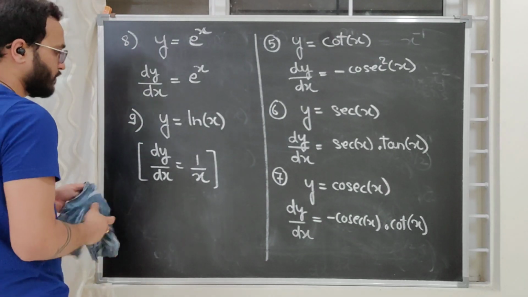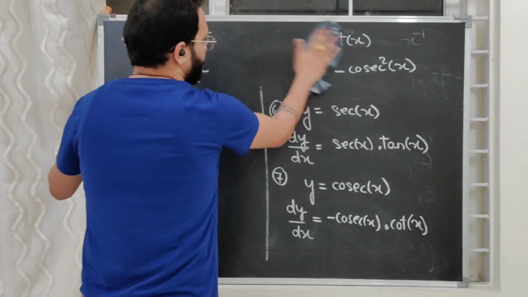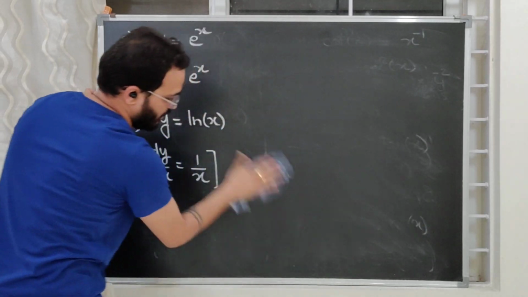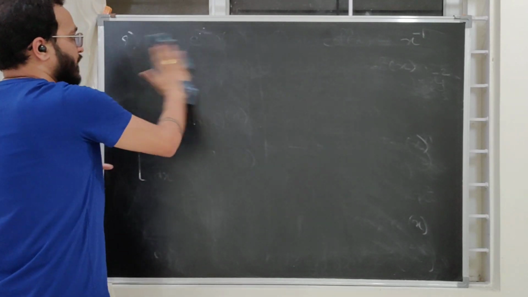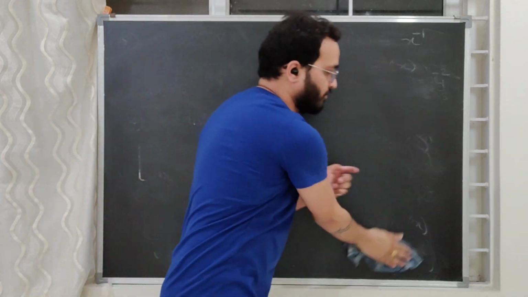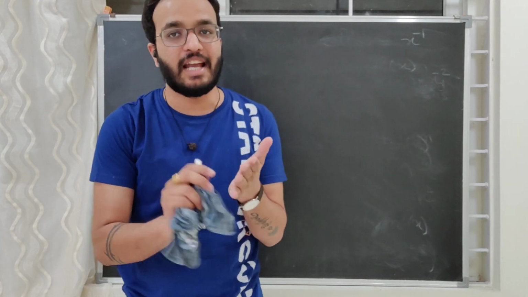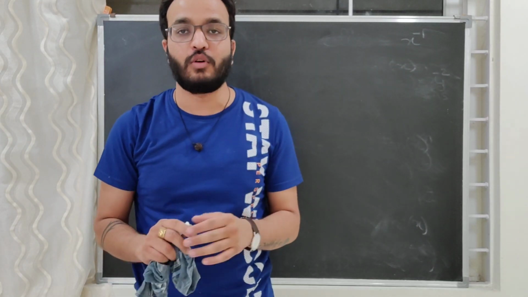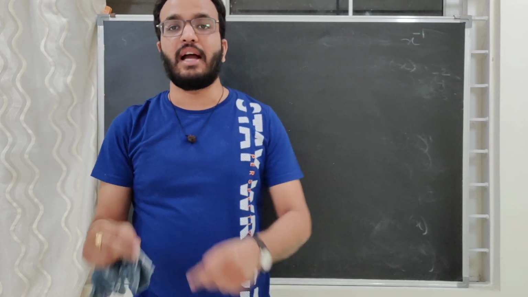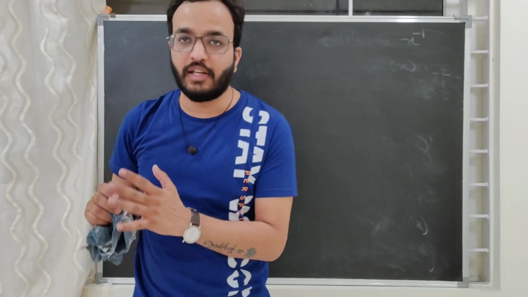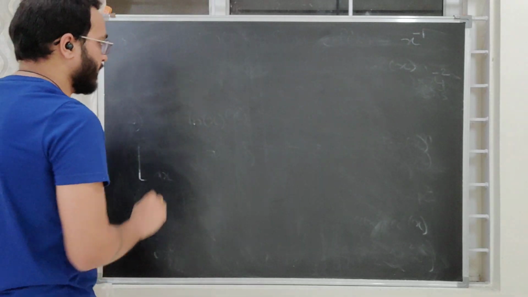So I will drop this now. First of all, what you're going to do is, you're going to pause the video now, and you're going to just write all these 9 formulae in your notebook right now, and just try to memorize them, and the question that I gave you, try to do them. Once you're through with it, then watch the video again here.